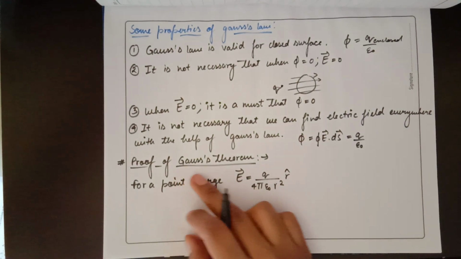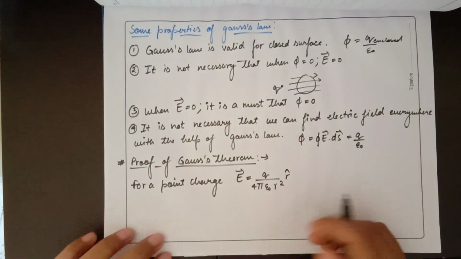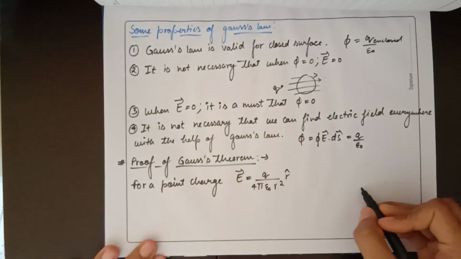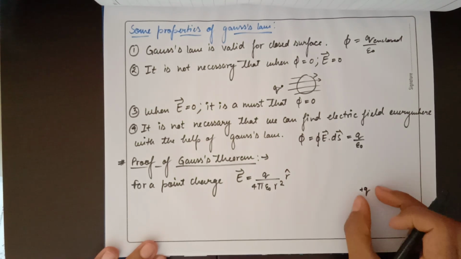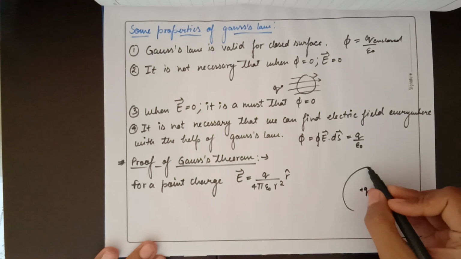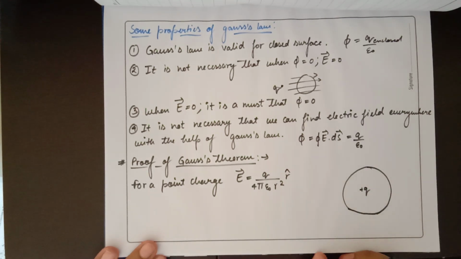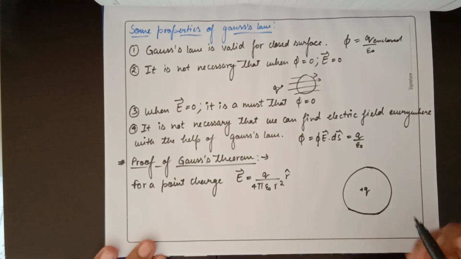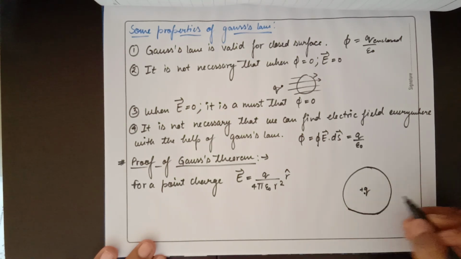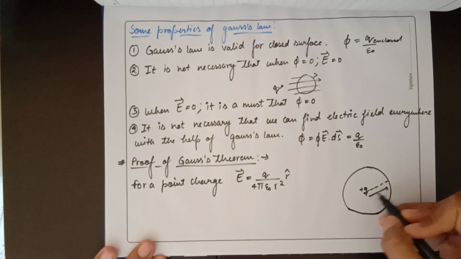And if I want to prove Gauss's theorem with the help of a point charge, I can suppose a closed surface like this. If this is a point charge, I can cover it with a spherical surface. Suppose this is your spherical surface and this is point charge Q. The radius of this sphere is suppose small r,